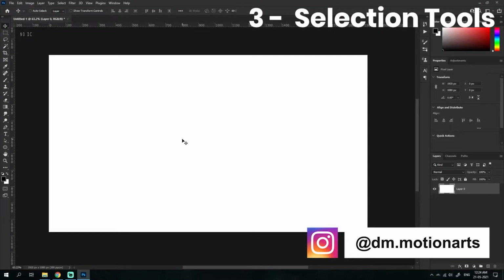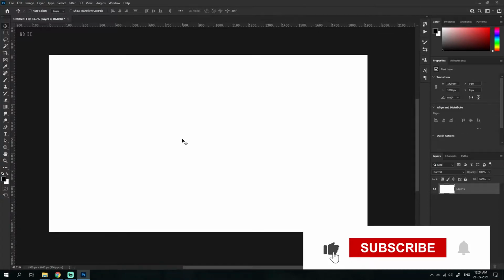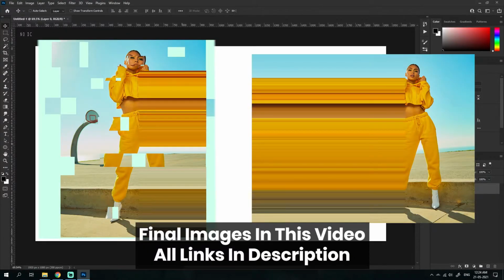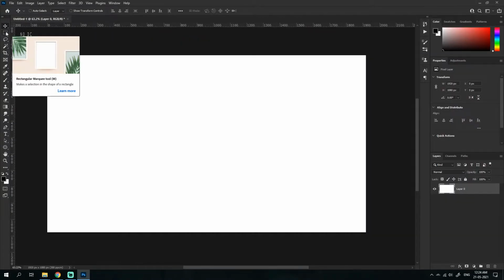Now that we have learned the basics, some of which were not really needed, but I still will be keeping it. I just watched it and realized that many basics were left, so I thought I will slowly progress this as per the tool. So how about we get started with the selection tools?